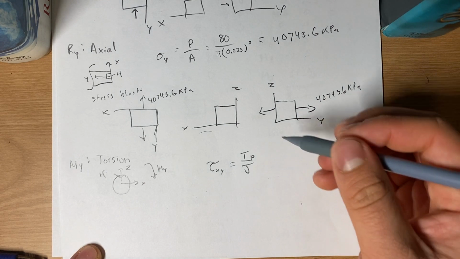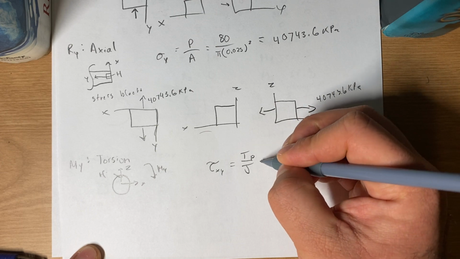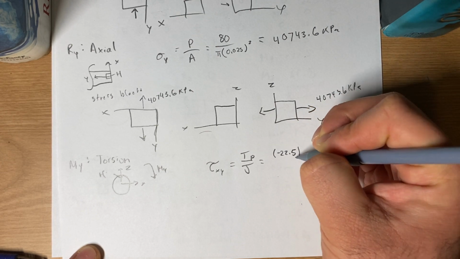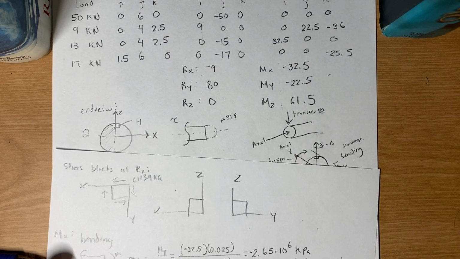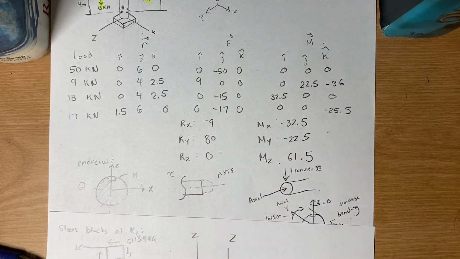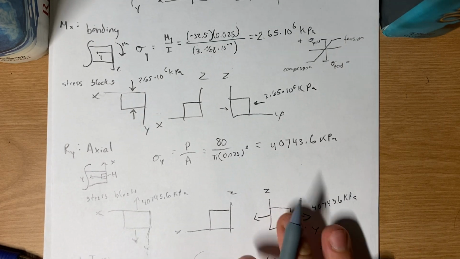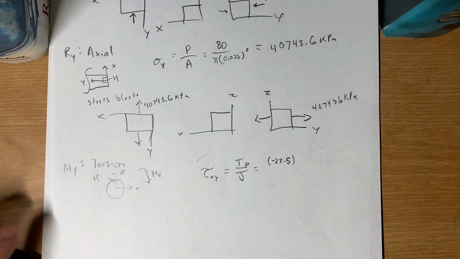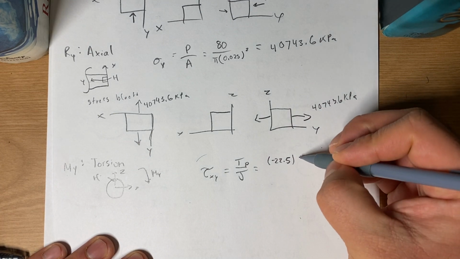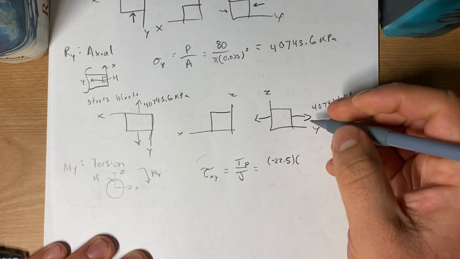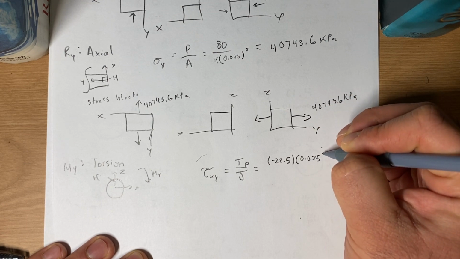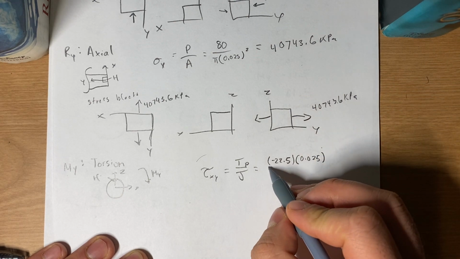So this is going to turn into negative 22.5. That is my MY right here. So it's 22.5. And then my P is just my distance from my point of interest, which is 0.025 meters,